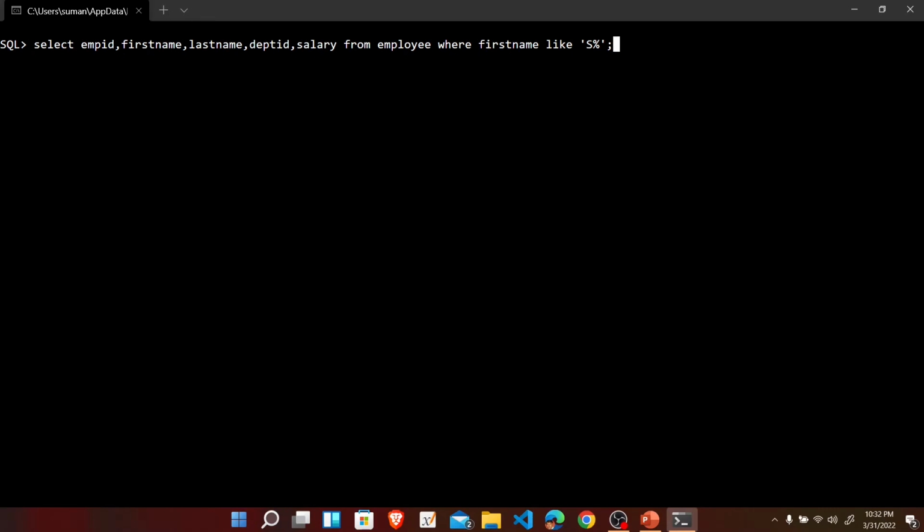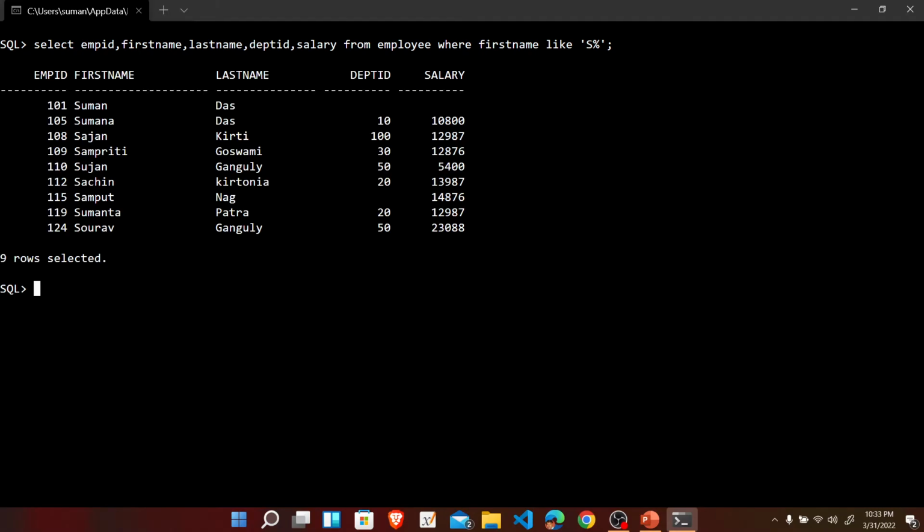So capital S and small s would both be different. Then we have to use the wildcard character. Here the percent operator is used for multiple characters. Here we are searching for the employees whose names start with capital S. Press enter, and here we can see the output is based on the employees whose first name